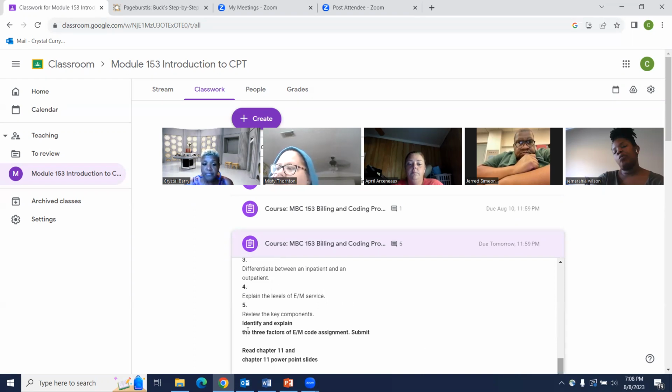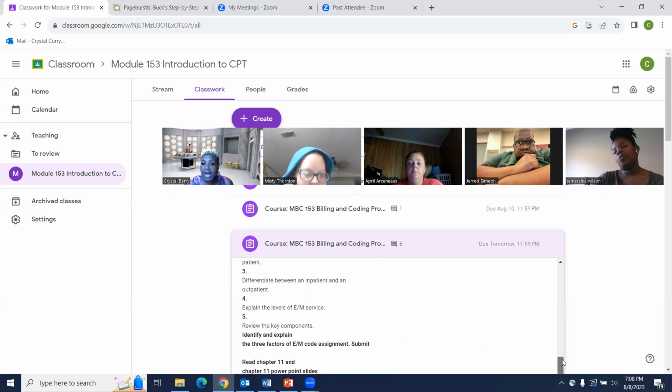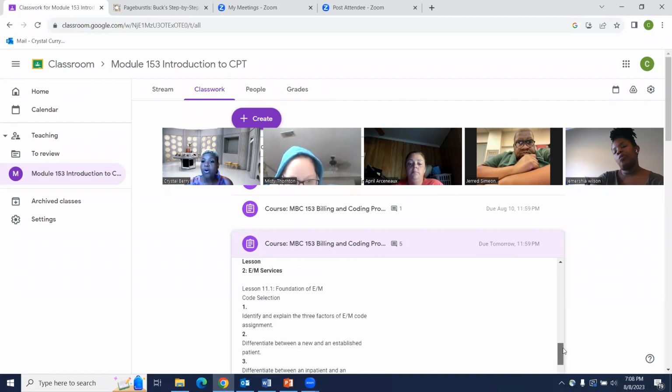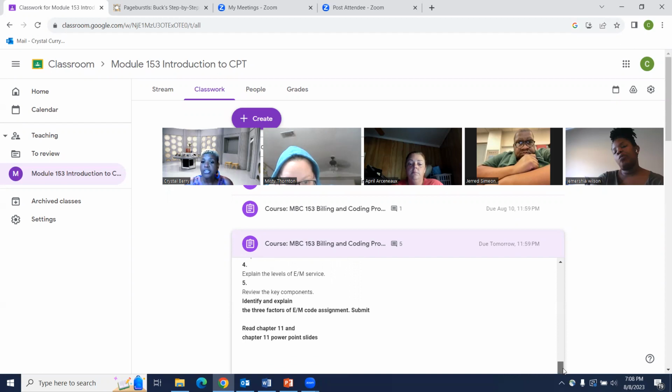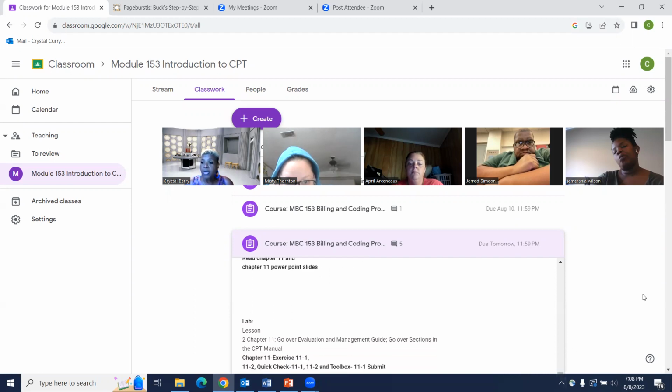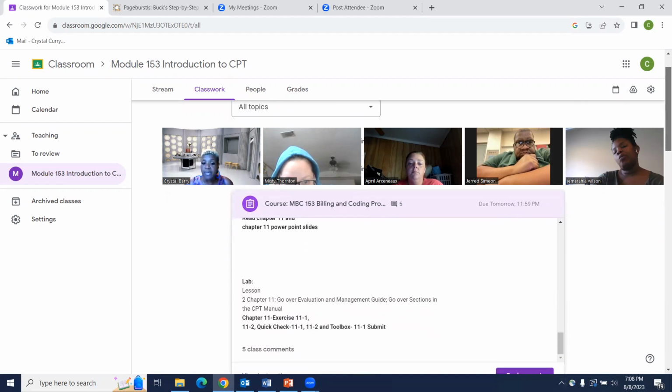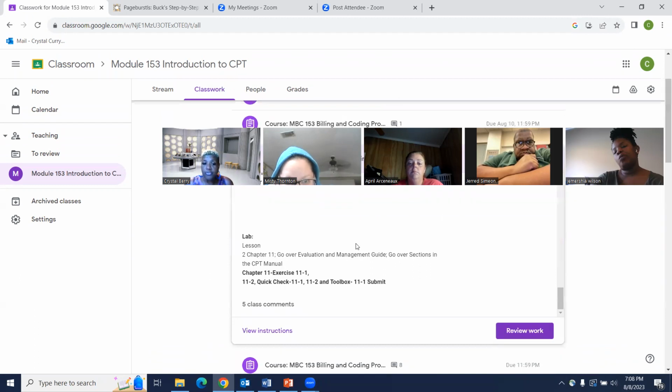Right here, and I have it in bold, identify and explain the 3 factors of EM code assignment, submit. That is one of your objectives, but that's not all of the objectives that you would have to submit. I don't want anyone going in and doing all 6 or 7 objectives. You're only to do it when it's in bold that says submit. Then it has, this is lab. These labs are due on Sunday.